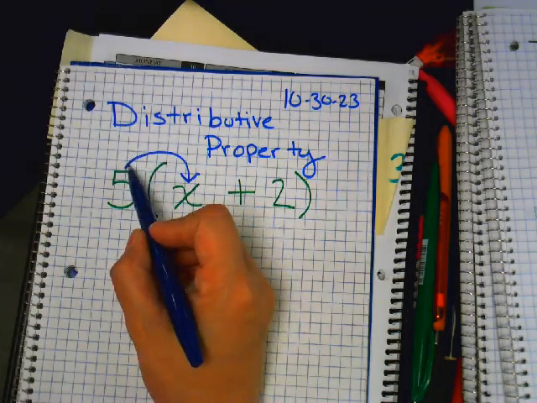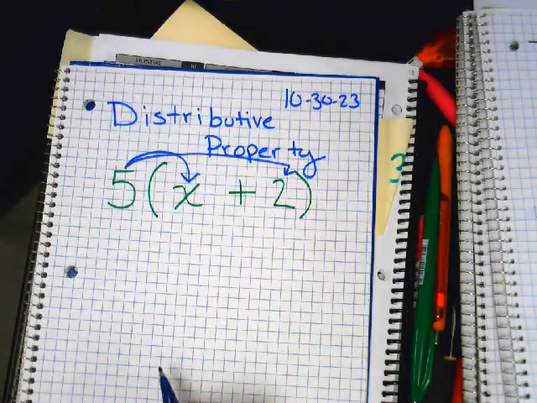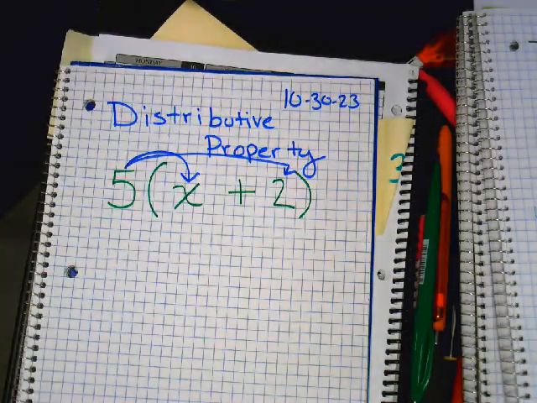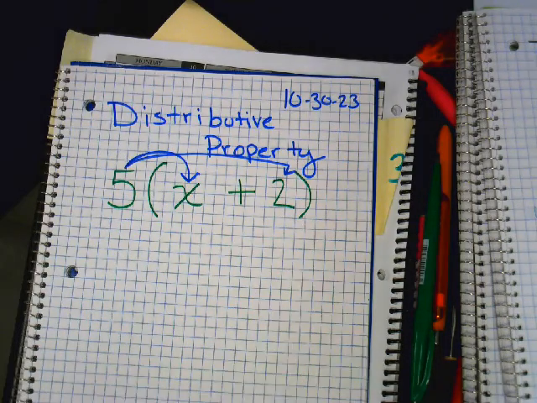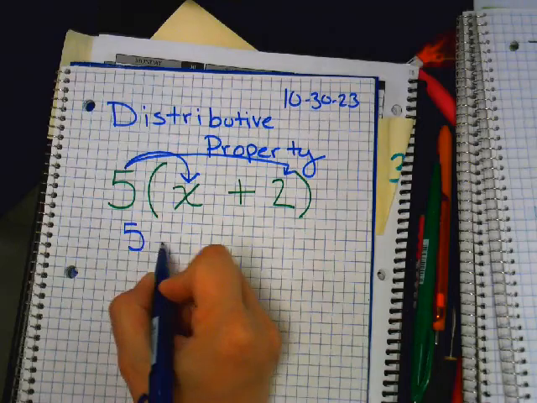And the 5 to the 2. So everybody gets a 5. And we're going to multiply. So we're going to go 5 times